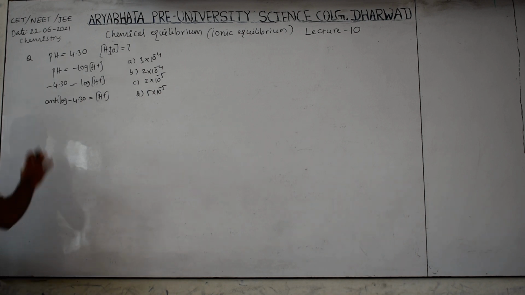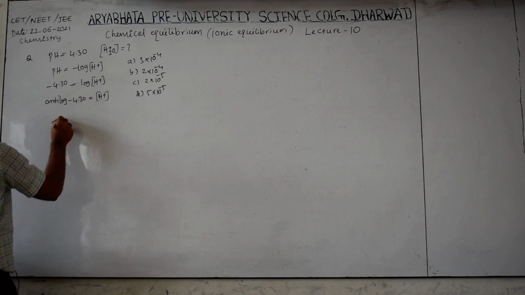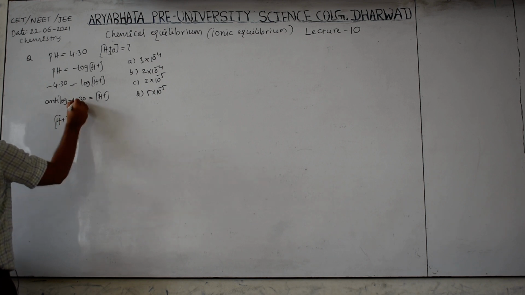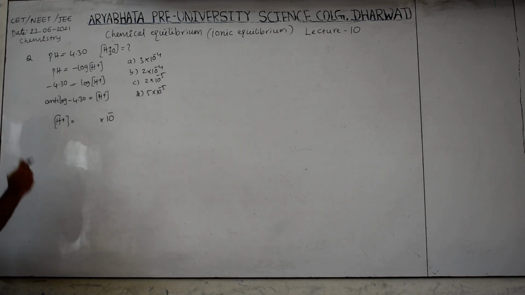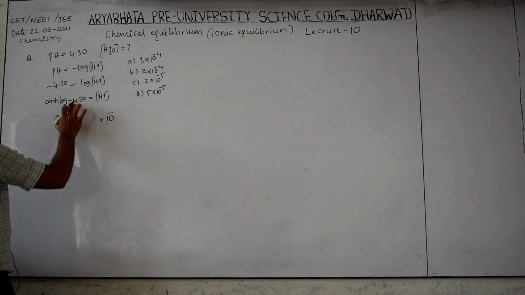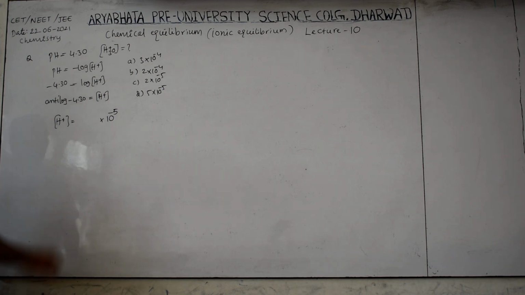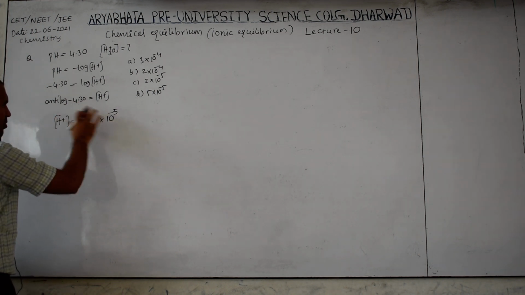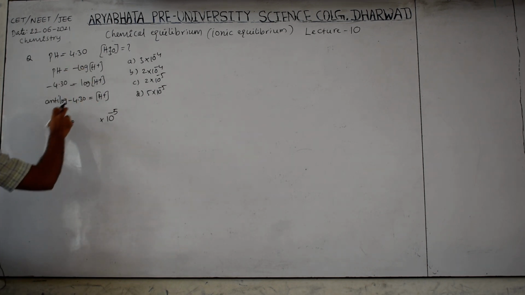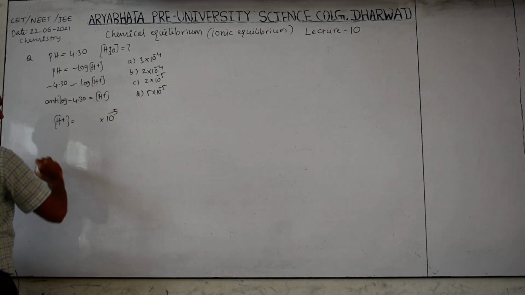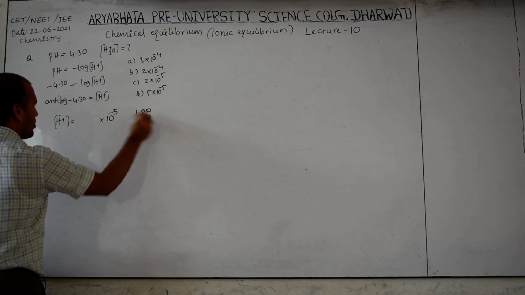Now, when a negative term is given, how to solve this? Then H plus ion concentration is equal to, before the decimal point, that should be raised to 10 power. If plus is there, it stays plus, and minus stays minus. But when minus is there, one value increases, that is minus 5. Keep it only in the minus sign. If plus sign is there, 4 means 4 only, 5 means 5 only. When minus is there, one value increases, minus 5. And whatever is given after the decimal point is subtracted from 1. Like this you have to subtract.